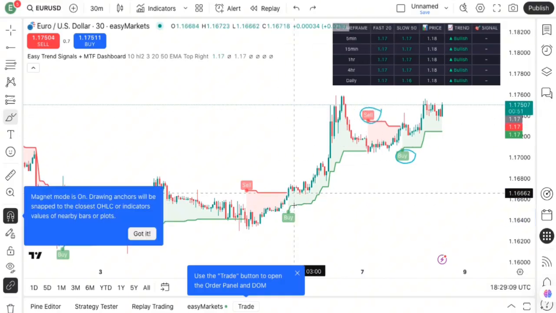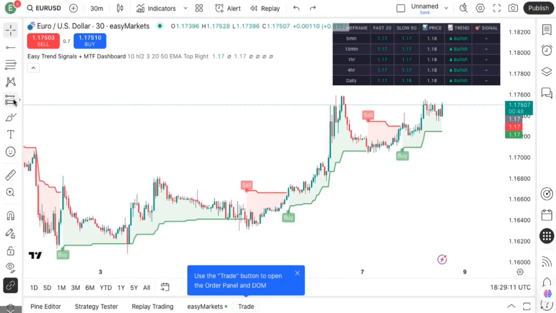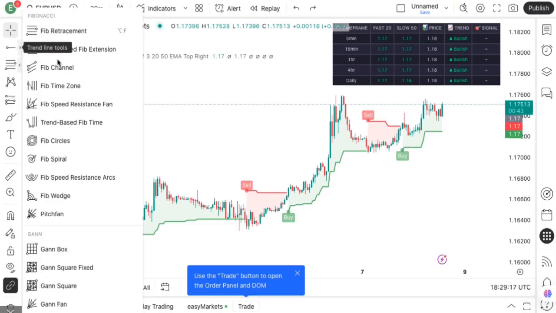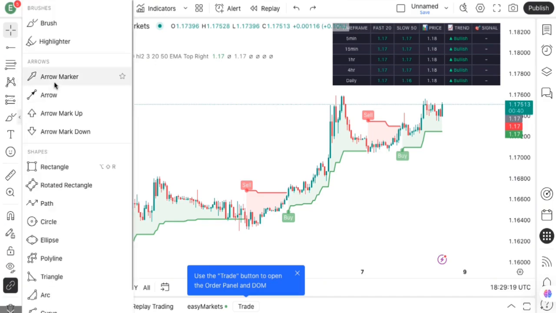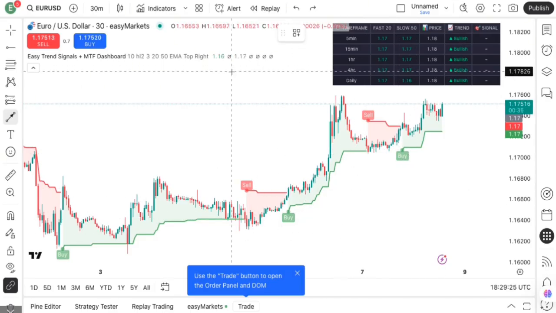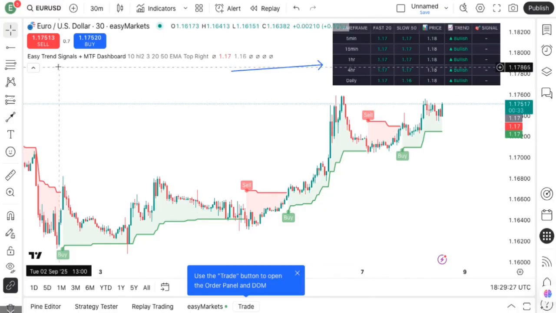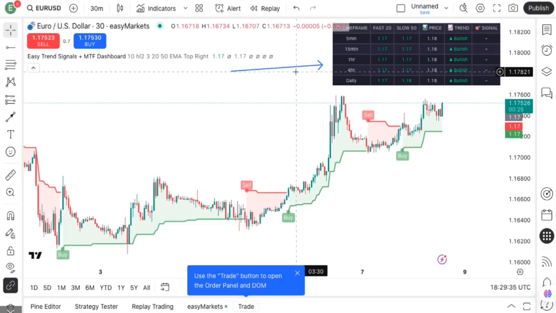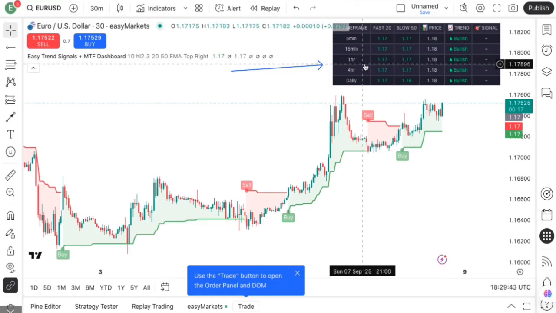So this is actually very simple and very straightforward, but at the same time we always combine this signal with this dashboard. And this is the reason why we say Easy Trend Signal plus multi-time frame dashboard. I understand that many traders have no idea what the direction of the market is, so it is kind of difficult for people to understand the direction of the markets. But with the help of this Easy Trend Signal, you can see right here we have the 5 minutes,